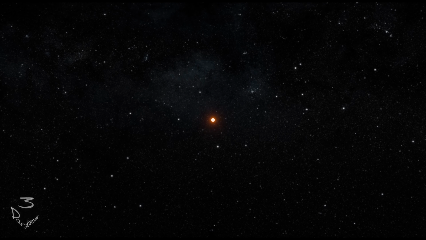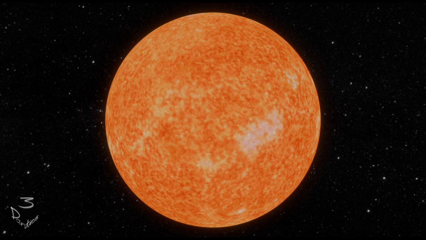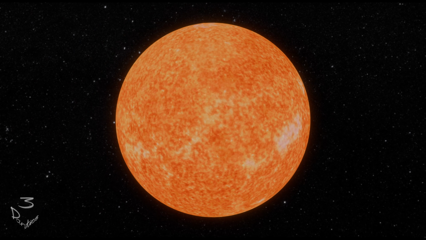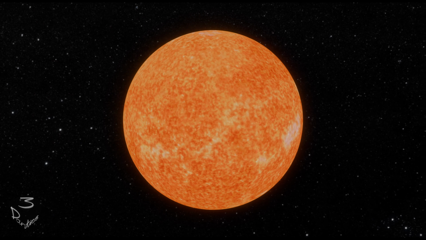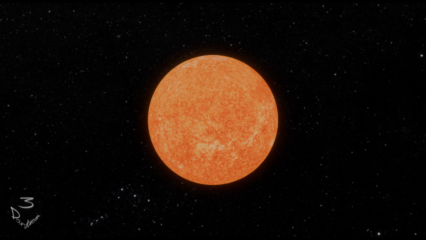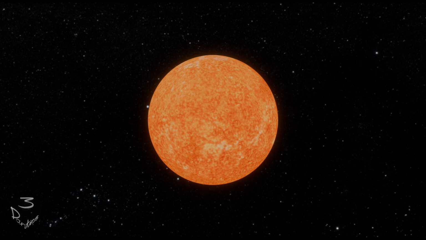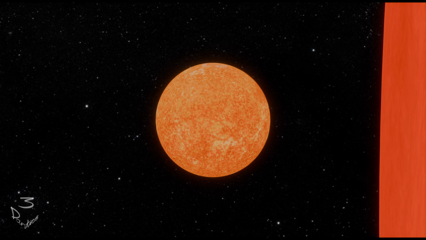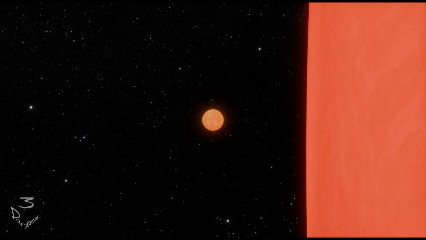Now we've put things into perspective, let's have a look at the Sun. Like virtually all the other lights we see in the sky, it's a star. Technically, it's a G-type main sequence star, though it's less formally referred to as a yellow dwarf. Yellow because we see it as yellow through our Earth's atmosphere, though it's actually white. And a dwarf because stars out there in the great wide universe can be up to 1,500 times larger across.